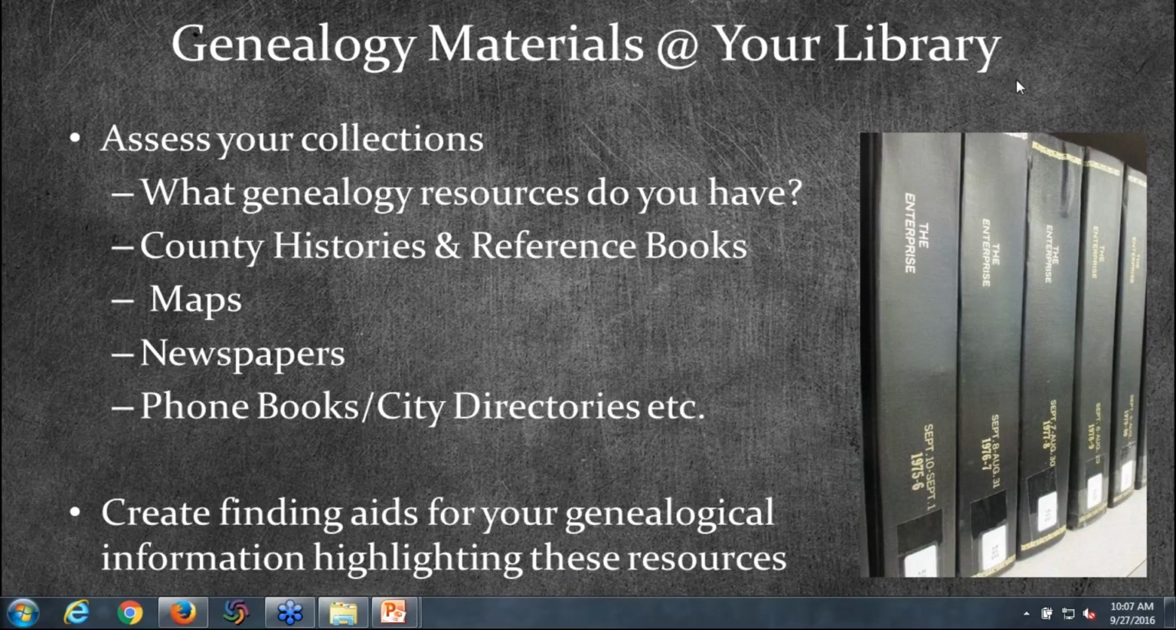Finding aid sounds scary. It's really not. It can be a bookmark with the call numbers to the genealogy books you have. It could be a postcard-sized, two-sided piece of literature that just describes the databases that you might subscribe to. There's an example for you in the handout section of just one of the